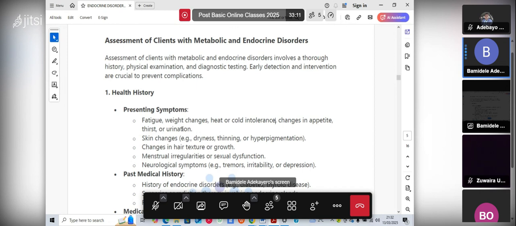So you should be able to, it will guide you to the cause. It will guide you to the organ. It will guide you to the part of the body that is having the disorder. Okay, so this is just a general overview of